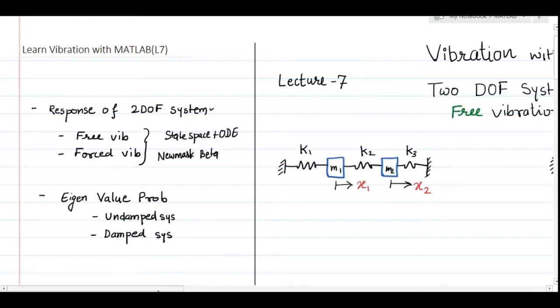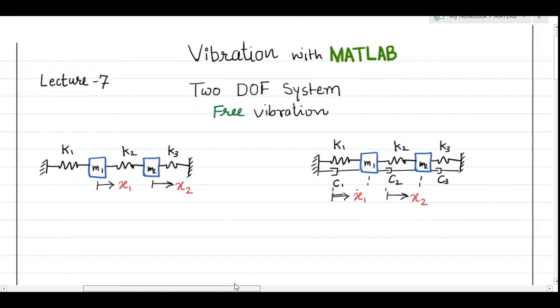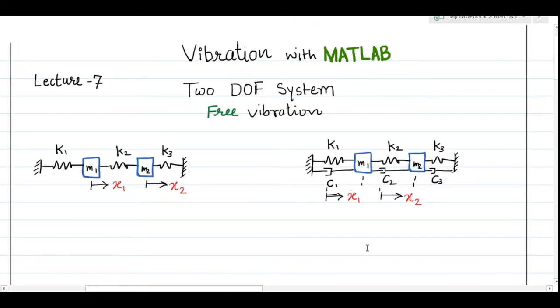So before we go and see the MATLAB program, let's try to see some fundamentals of 2 degree of freedom system. Here I am showing two pictures. The first picture indicates that there are two masses connected with three springs. As there are two masses, we can say that the system will have 2 degree of freedom, and then we can write the equation of motion considering two displacements x1 and x2 for the two masses independently. In the second picture, in addition to the springs and the masses, we have some C terms indicating the damping effect. This is our viscous damping.